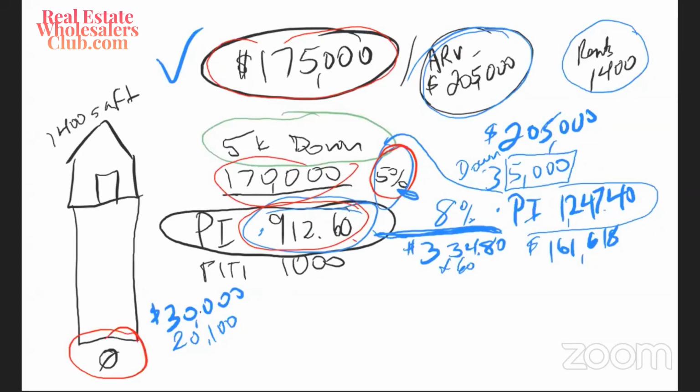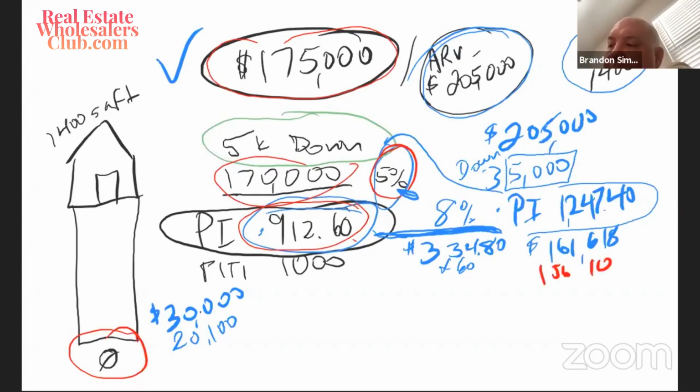So month 60, this is going to be 156,108. So let's see here. That is going to be